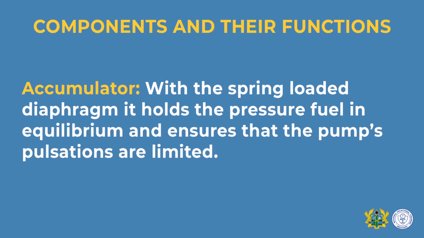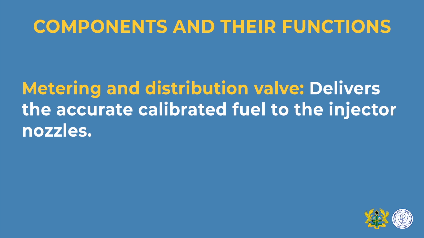There is an accumulator. The accumulator has a spring-loaded diaphragm in it. So it holds the fuel in an equilibrium and makes sure that the pump pulsations are limited. So the pump noise will virtually be limited. There's a metering and distribution valve. This valve distributes the fuel according to the throttle position. So it calibrates and therefore delivers to each injector nozzle the amount of fuel it is supposed to deliver into the